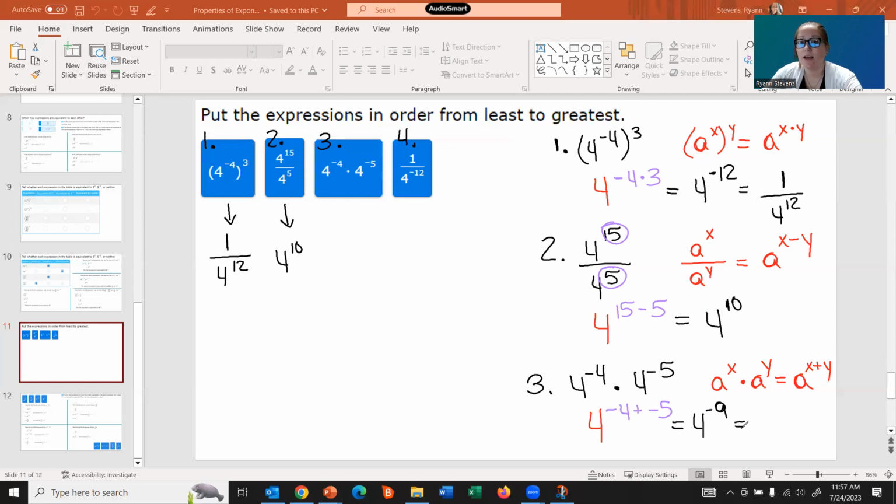And so again, we want to keep those exponents as positive numbers. And so we're going to use that negative law of exponents, where we have 4 to the negative 9. This would be in the numerator, and so we'd have to drop this to the denominator. And then when we do that, it would become a positive. Okay, and when I say it's in the numerator, we have to imagine that this is over an imaginary 1. So it's kind of just like we were upstairs and now we're moving downstairs, and then the 1 is going to flip as well. All right, and so expression number 3 can convert to 1 over 4 to the 9th. And then number 4 over here,